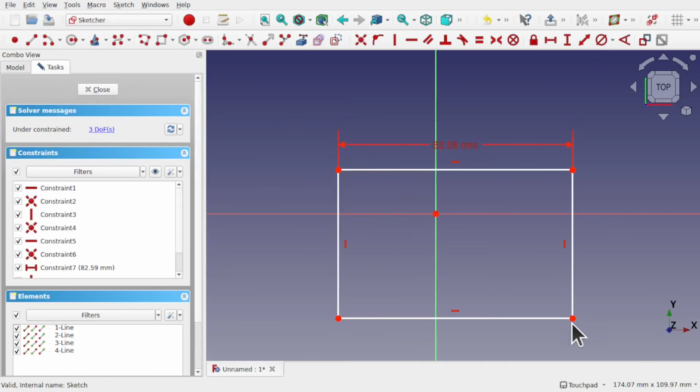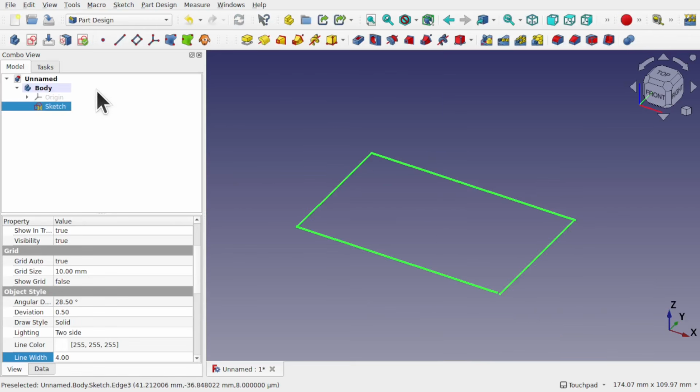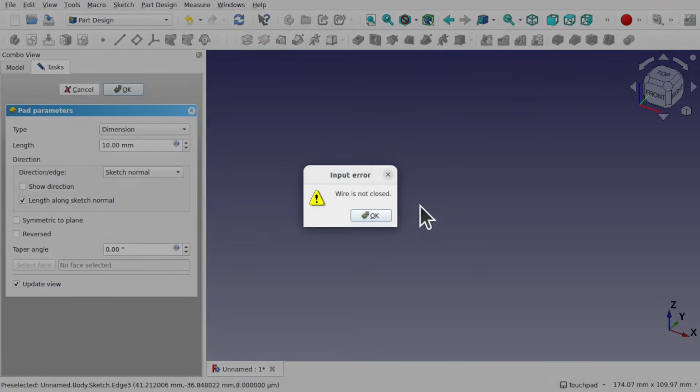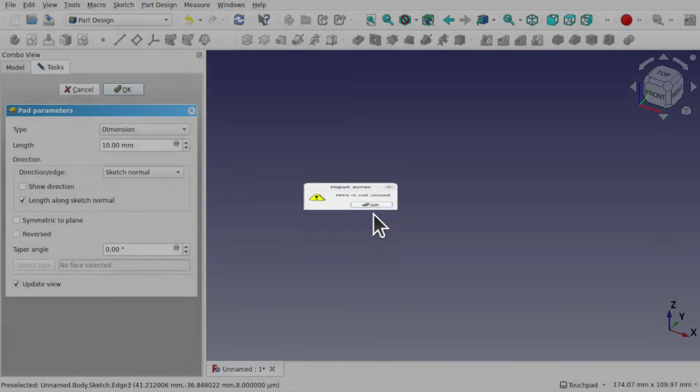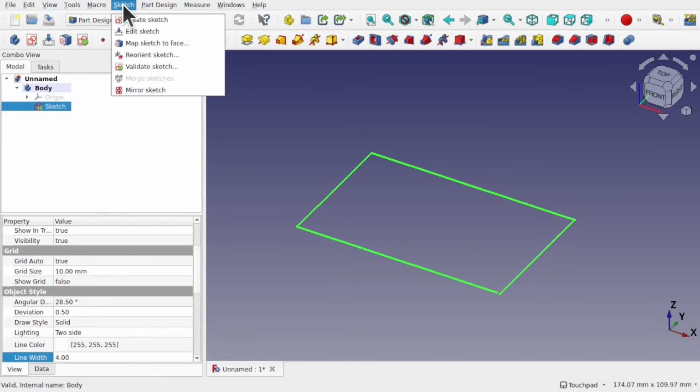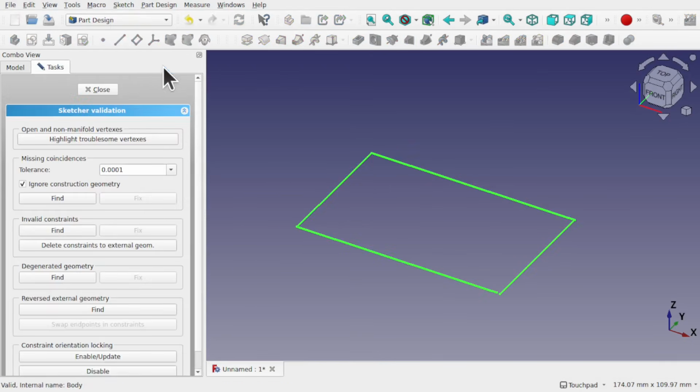But if we come into the sketch and delete this coincident constraint and bring this out a bit, like so, hit close, then this is where we get the error with the wire not closed. Let's hit OK, and it says why is not closed. And the good thing about part design is that we've got the sketch menu in here, so I can click on the sketch, come up to sketch, and validate. Highlight troublesome vertices,